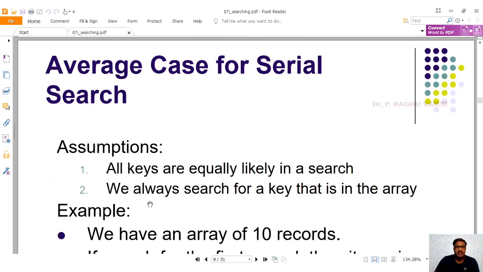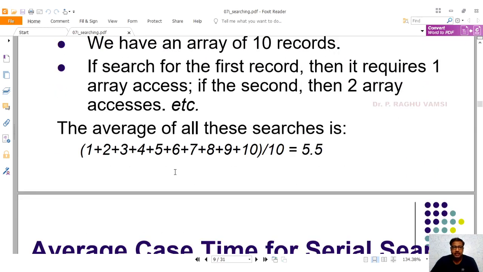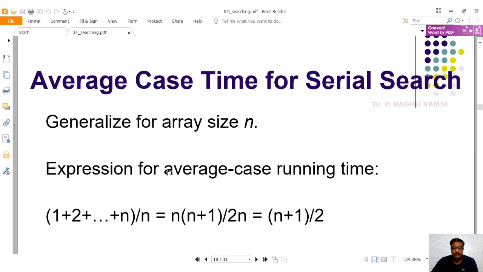For the average case of serial search, the assumption is that all keys are equally likely in the search, so the average case is order of n by 2. Even though it is n by 2, we'll call it n only, because n by 2 means 0.5 times n, where 0.5 is a constant, and we can ignore the constant. Thereby, we'll always call it order of n.